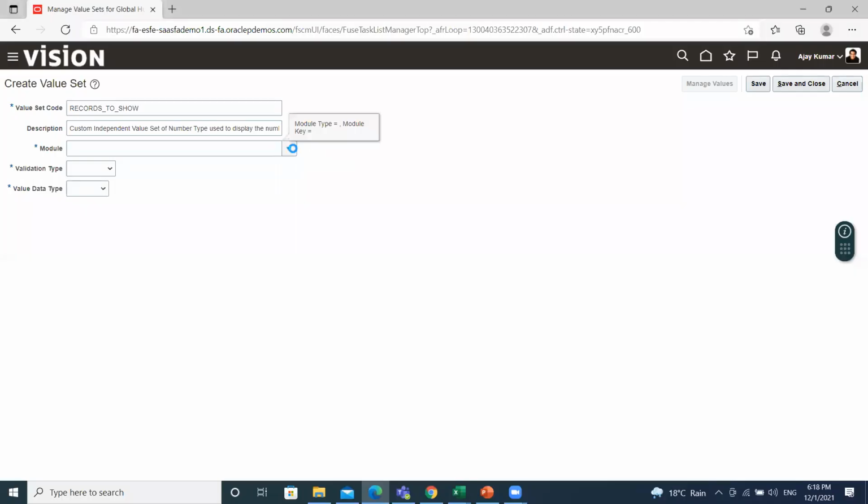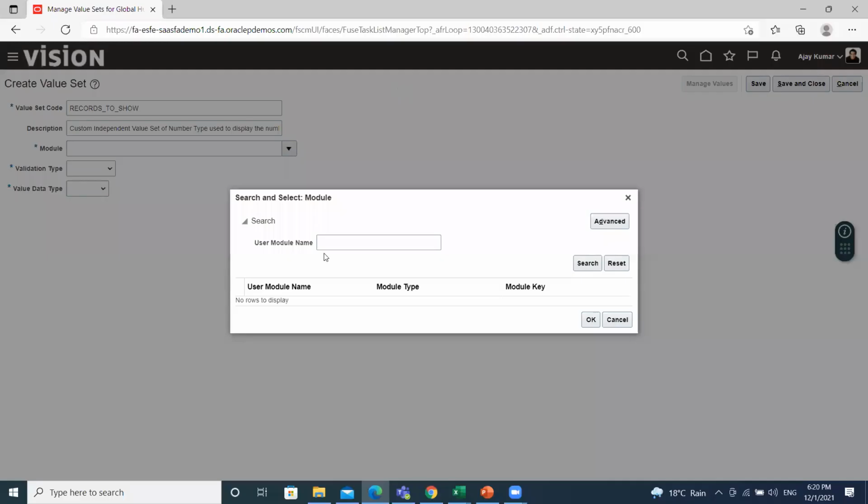Then select the module. Search for the module name.